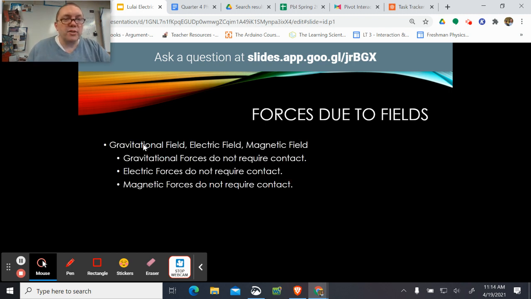But that gravitational field of the Earth interacting with us is what pulls us down to the Earth. Gravitational fields are everywhere surrounding an object with mass. They don't require contact. They'll interact without contact. And those gravitational fields interact with masses. Well, electric forces and magnetic forces also do not require contact for there to be a force. Those are two more examples of forces that must also then have fields. So there is an electric field and a magnetic field.